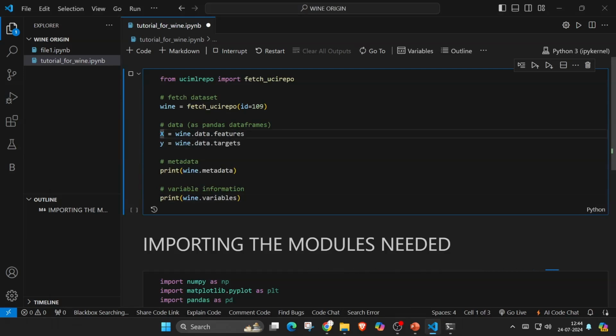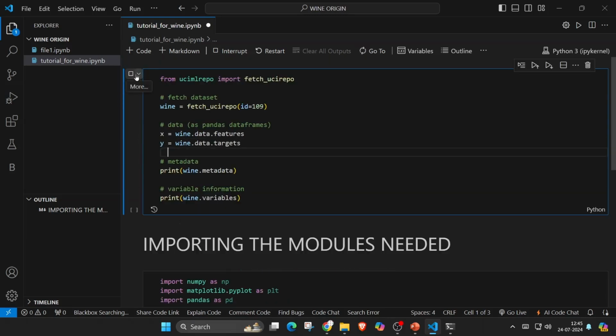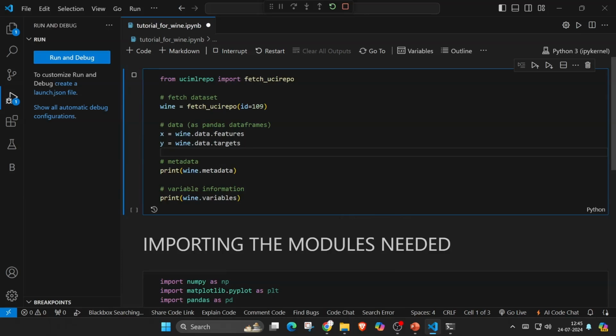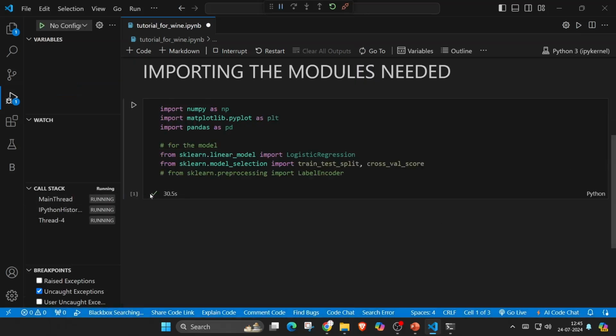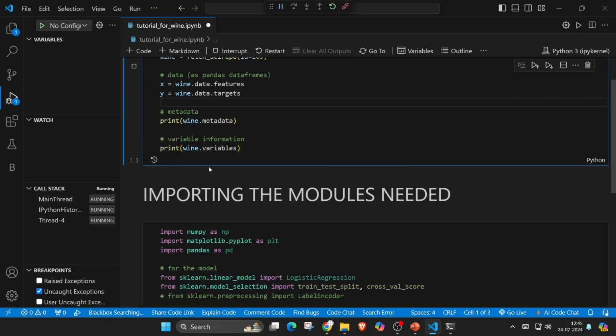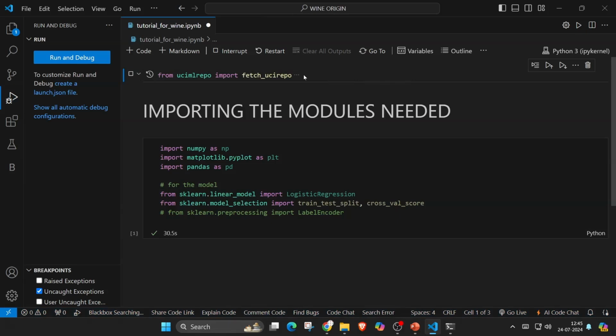Another thing I want you guys to do is this X is a capital X. I want to turn it to the smaller one so as to make it easier for us to follow, nothing else. Okay, yes. See over here, you can see there is a tick mark, so that means that the run has been done successfully. Now I want this cell to run also. I don't know what's wrong in this.